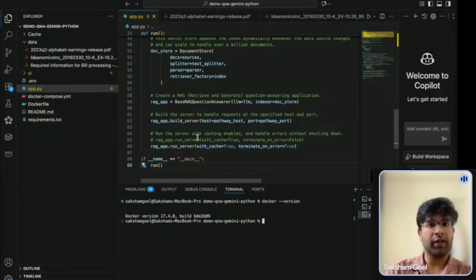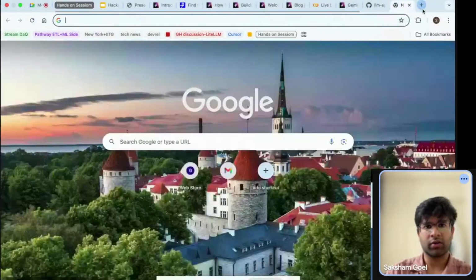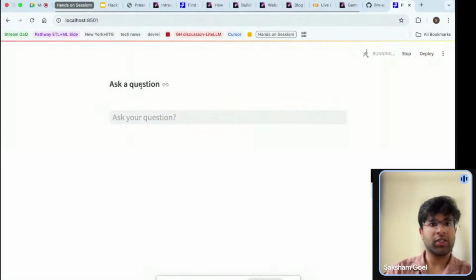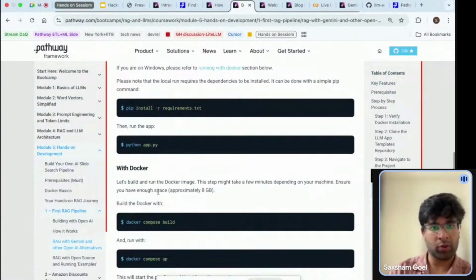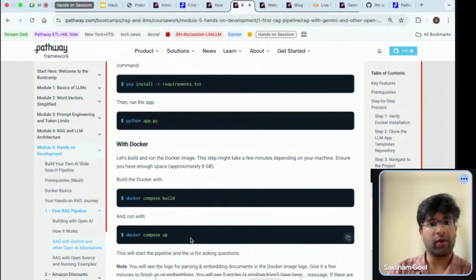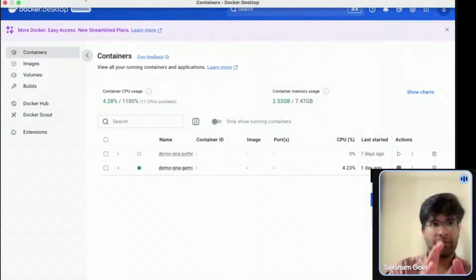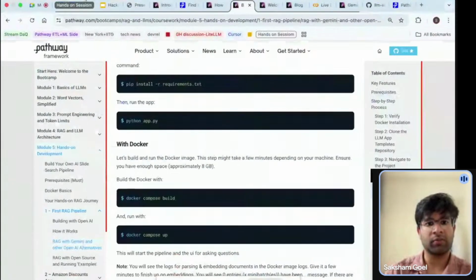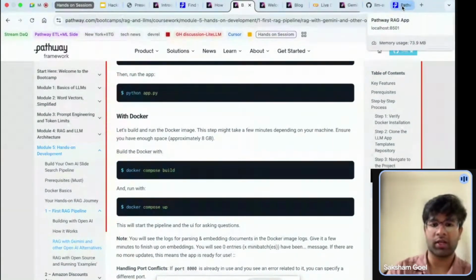And if you can see, this application is running on localhost 8501. I can also show you, one second. So as you can see, this application is running. I did a simple thing. Those of you who have doubts, I think Arnav had pinged me earlier. I simply did a docker compose build and a docker compose up while I open my Dockerfile here. It's very simple. I have my Docker Desktop installed and opened in my system. I do a simple docker compose build and a docker compose up. This will start the pipeline, and you can use this UI to ask questions.